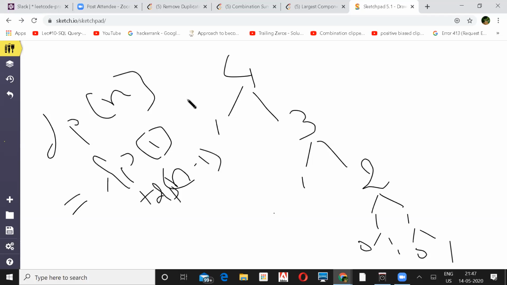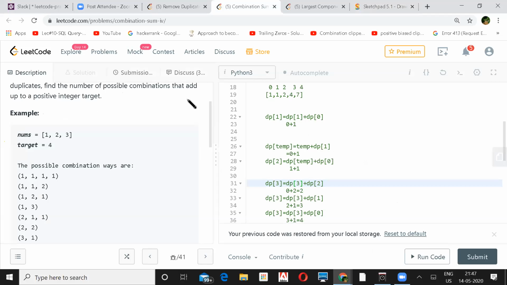In that way, the solution that Shashank was sharing is basically saying dp of 4 is dp of 4 plus dp of 3. That is an infinite recursion to me. So in that case, you can use temp for dp of 4 everywhere, right? Let's say if you come to variable 3, you know what he's trying to say. In the first one on line 22, you don't use dp of 1. You say temp is equal to temp plus dp of 0.